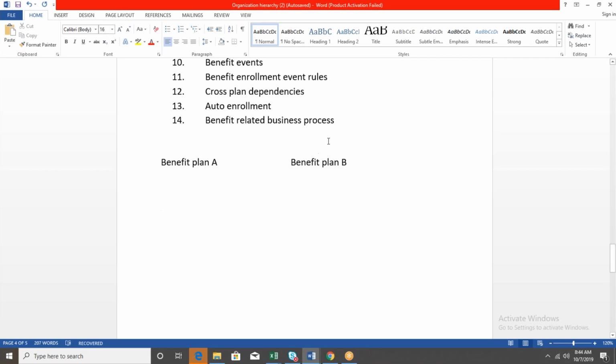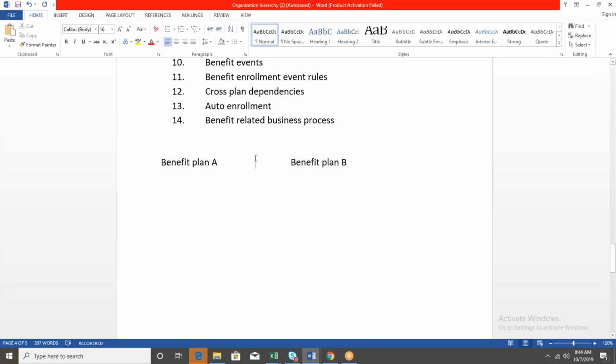Second scenario, if you enroll into plan B, you are no longer eligible for plan A. Which means when you select both the plans, you should get a hard stop and an error message should populate. Correct? Because as per the company policy, you have to choose one of the plans, not both. If you have such requirements, we can use cross plan dependency.